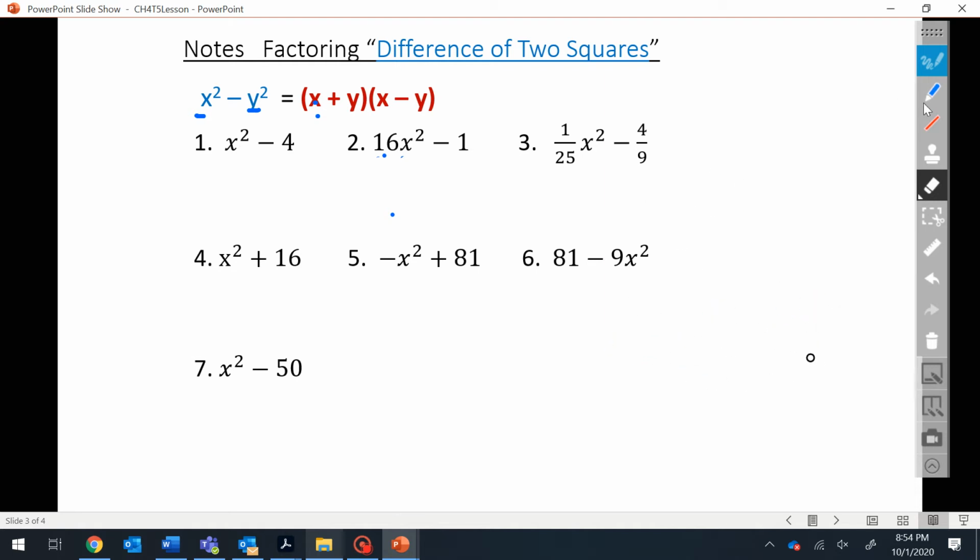For number 4, once again, it's just easiest to write it as a difference of squares. So something squared minus something squared. Well, this would just be x. X squared is x squared. For 16,